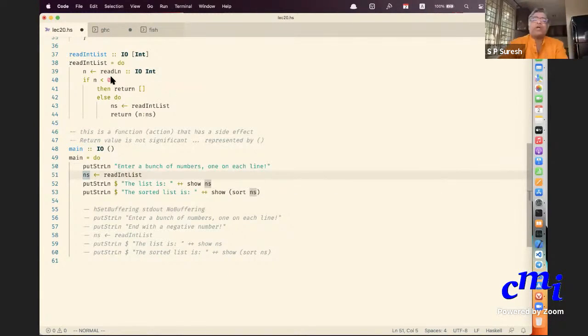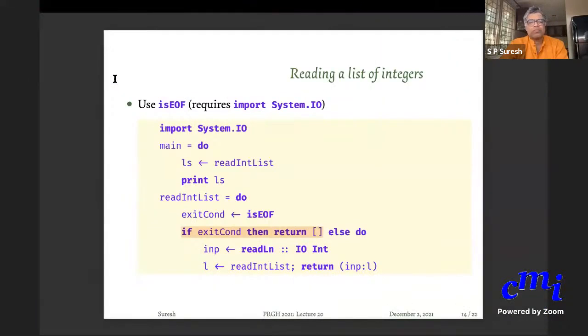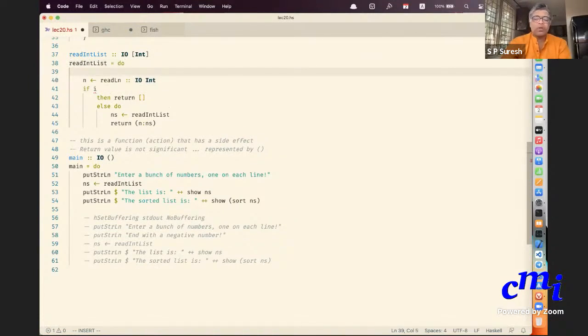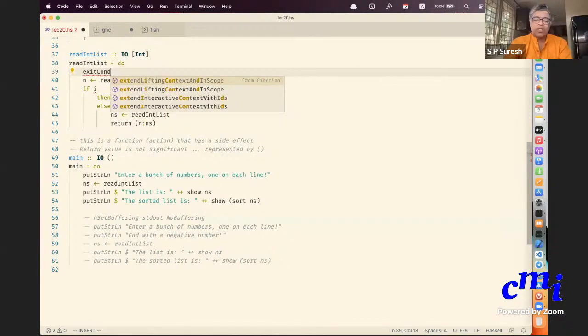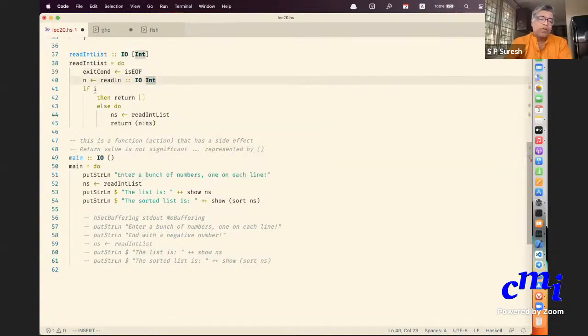Yes. So now I need to modify the read int list. Rather than talking about negative numbers, even before reading a number, I'm saying the exit condition is isEOF. If the exit condition holds,